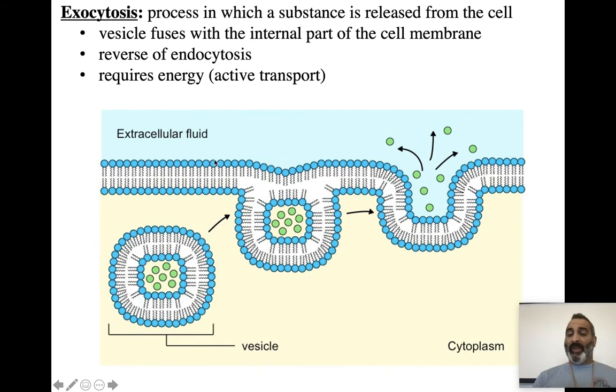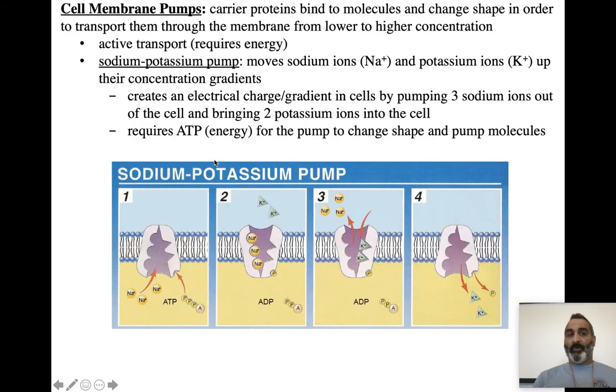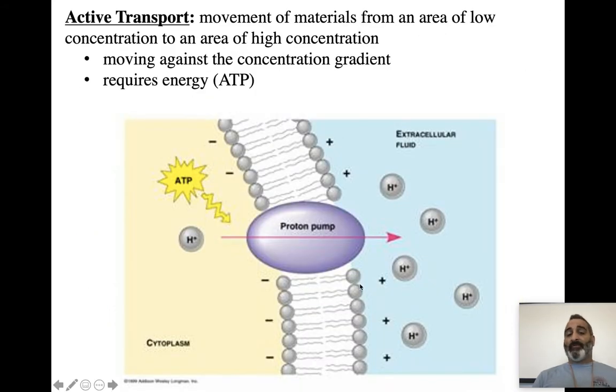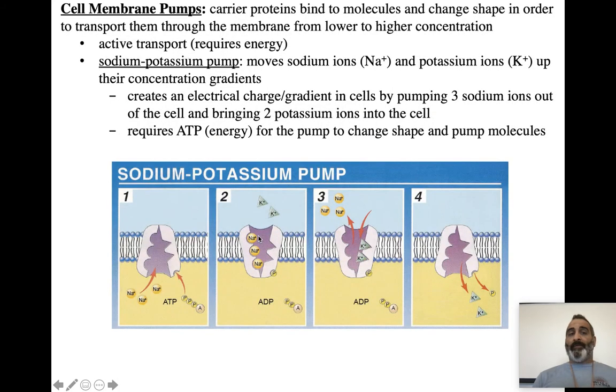All right. So we have three types of active transport. Let's go back and review them. Active transport, going from low to high, requires energy. This is showing you one type of active transport, a pump. Here's another specific, cell membrane pumps. In this case, we have the sodium-potassium pump. It moves 3 sodiums out, 2 potassiums in. This creates a difference in charge, and the difference in charge is how our body creates electrical charges and how